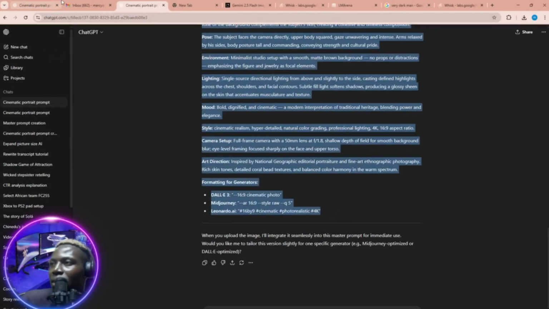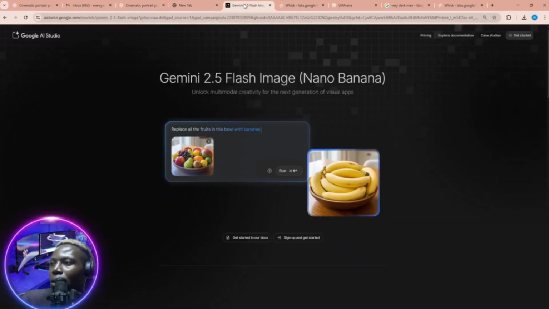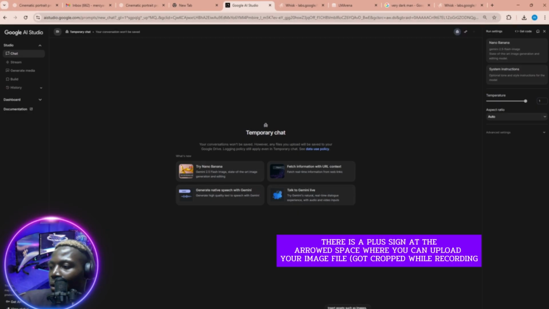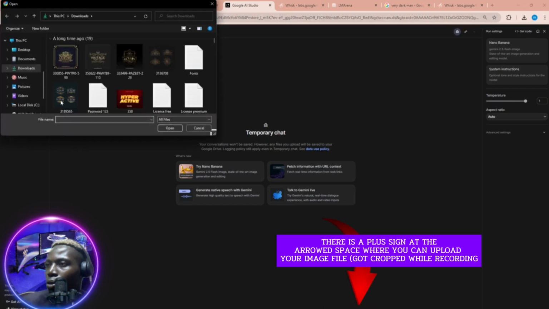Once I copy this, I can now move to Nano Banana, Google Nano Banana. So click on get started. Now I'm going to generate this on Google Nano Banana, and after that there's another way we can use Nano Banana that I'm going to tell us about. Now I want to upload my image, the picture you want to use. That picture should have a clear